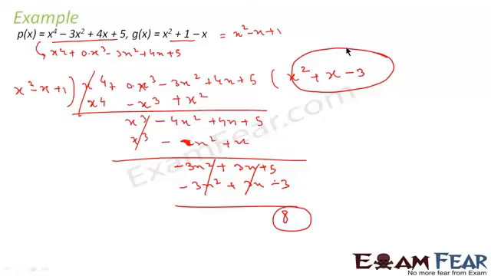Very simple. We have arranged in the descending order of the power of x, and then we have used the Euclid formula. Here it was x square, it is x4, so I multiplied with x square. I got this power. Here it is x cube, so I multiplied with x. I got minus 3x squared. So to get minus 3x squared, I have to multiply with minus 3. I got this. And since 8 I can't divide further, so I stop with 8.